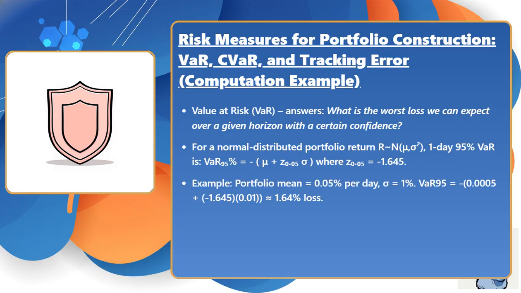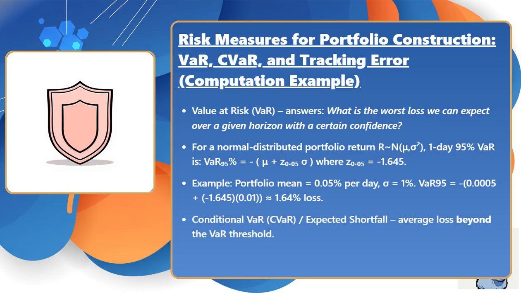Example: portfolio mean equals 0.05% per day, sigma equals 1%. VaR 95 equals negative open parenthesis 0.0005 plus open parenthesis negative 1.645 close parenthesis times 0.01 close parenthesis, approximately 1.64%